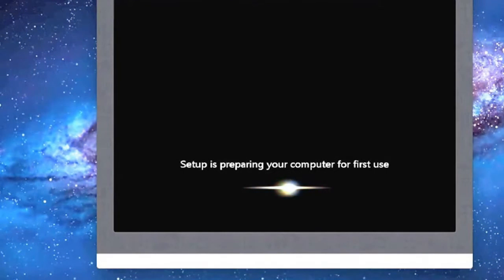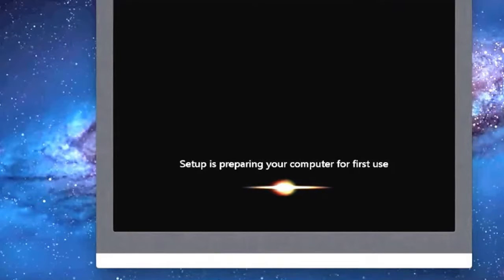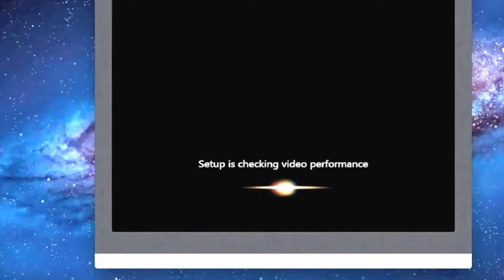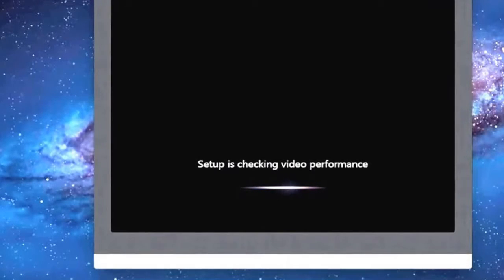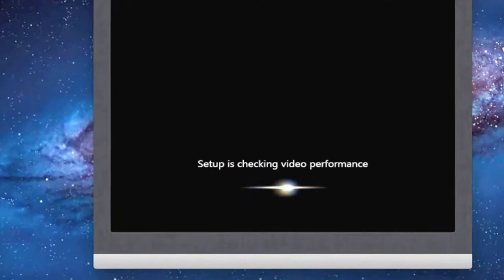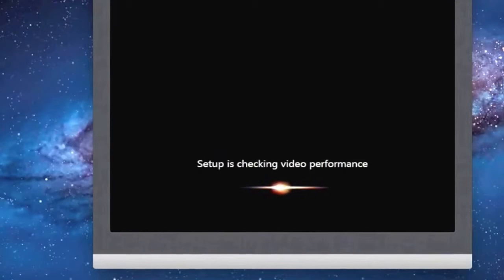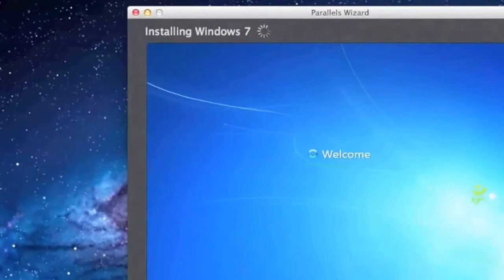But doesn't matter. So I'm going to prepare my computer for first use, and it's going to do things like checking the video performance. It's going to do some other stuff that's just going to determine whether I can run Windows Aero or not. Your Mac should run Windows Aero by default, but if it doesn't, you probably have to install Parallels Tools. I'll show you how in a minute. But yep, it's just logged me in to